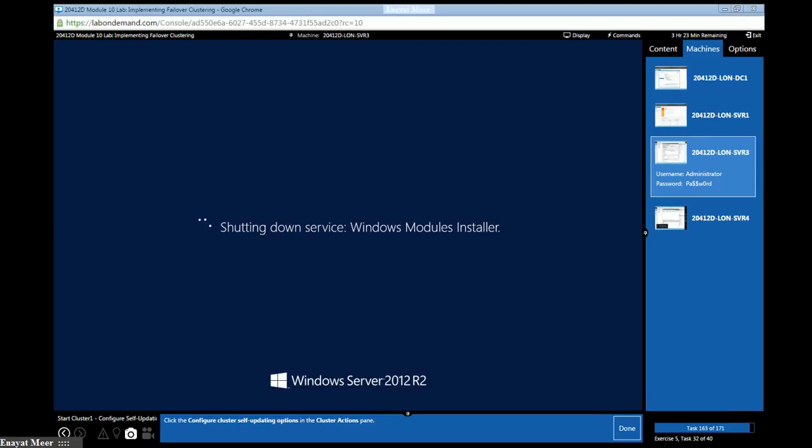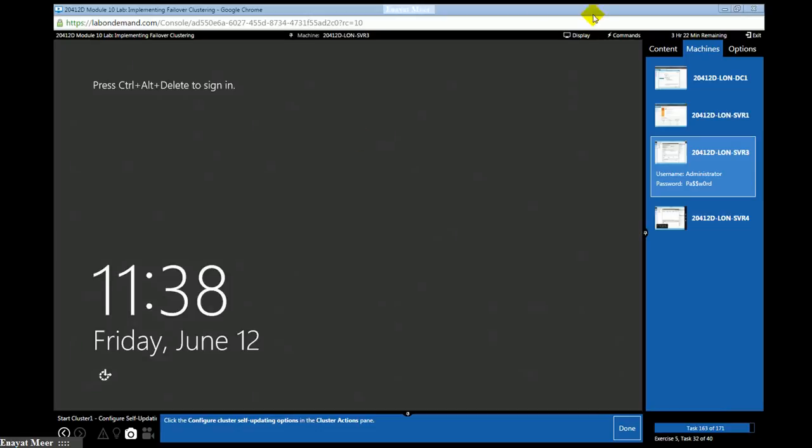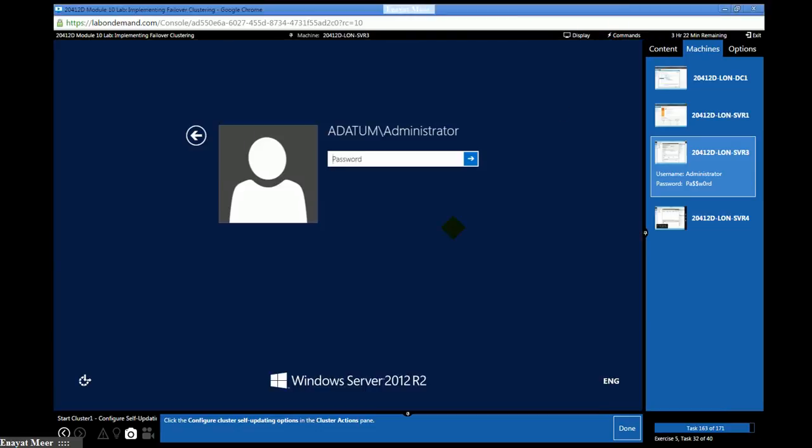And this will shut down services, do updates, working on updates, 30% complete. Just wait and see, continue. And it is restarting. Log back in as an administrator with your unique password.